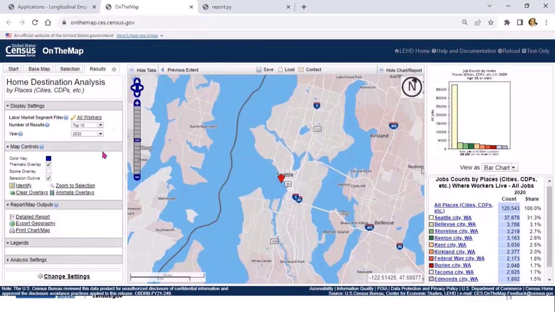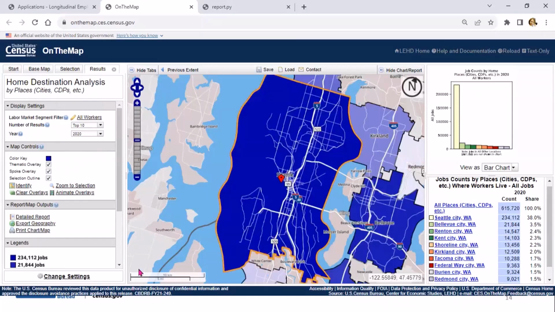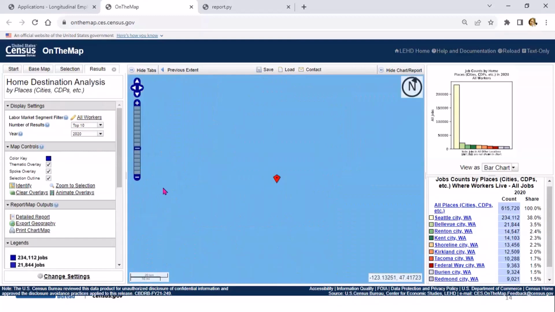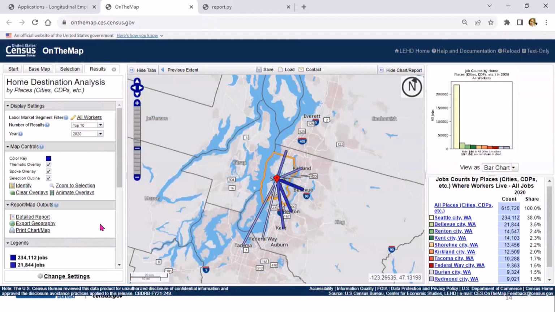One of my favorite features of the destination is the spoke overlay. So I'll click on spoke overlay. And that kind of gives you a visual of where people are coming from to work in Seattle. And I was telling you about this identify key.